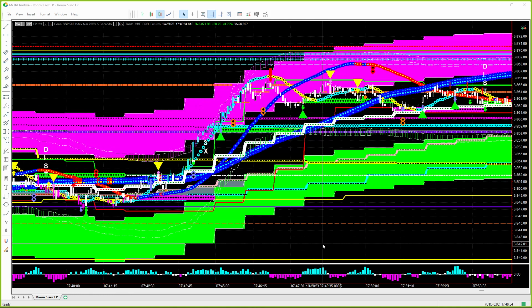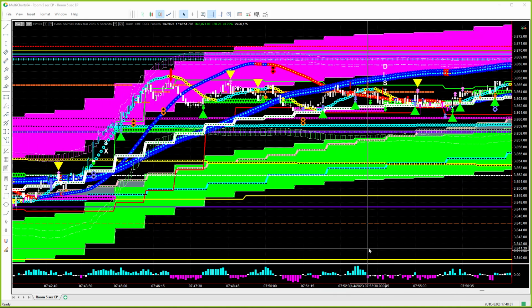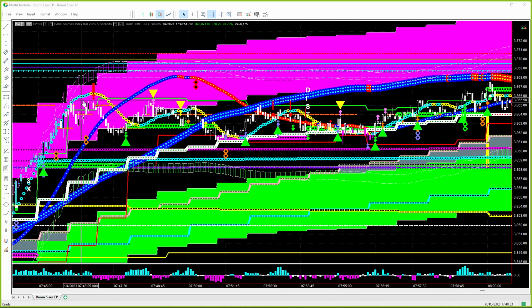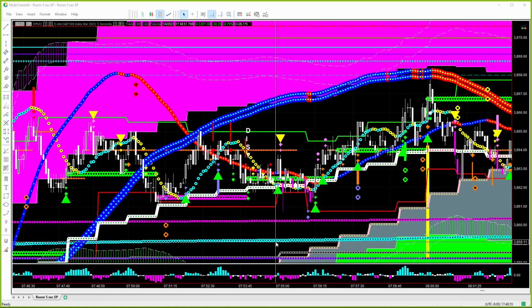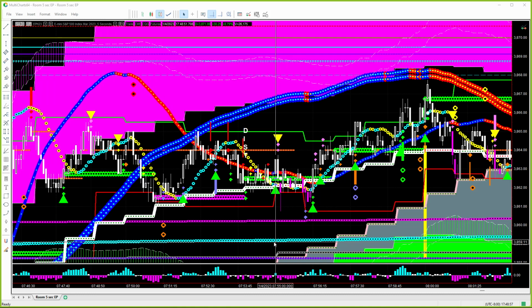So let's see. Let me go to my chart. Because it kind of died down, and I was waiting for it going into the 8 o'clock hour to see if it's going to roll over. And I said if it attempted to make a new top, I held it all through here. If it's going to attempt to make a new top, I was going to give it up. And so I gave it up,